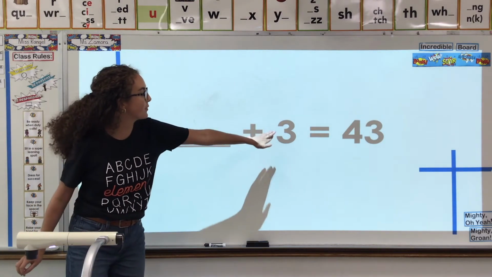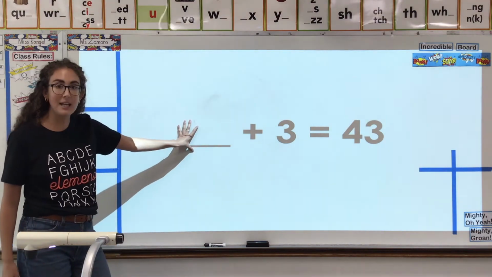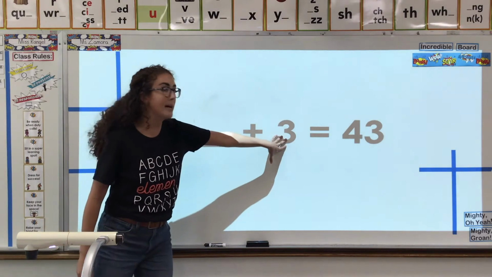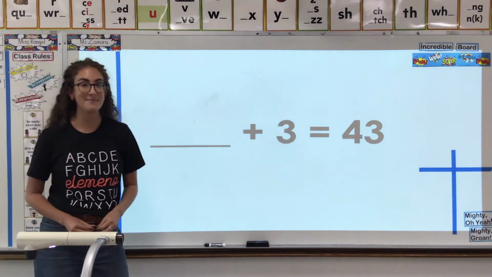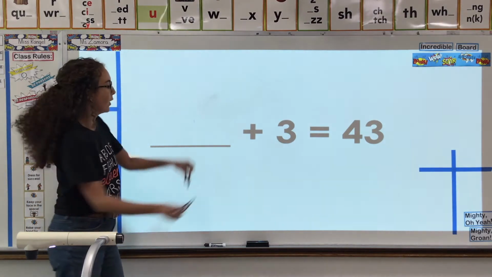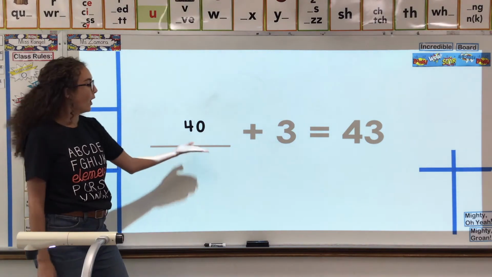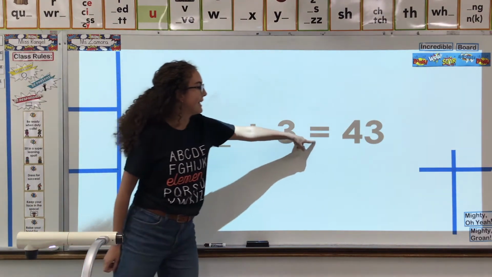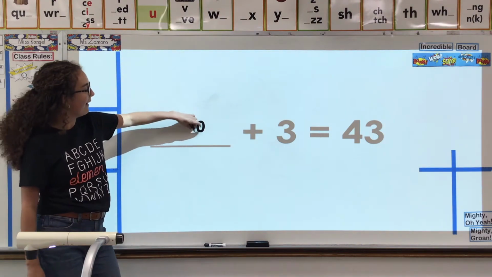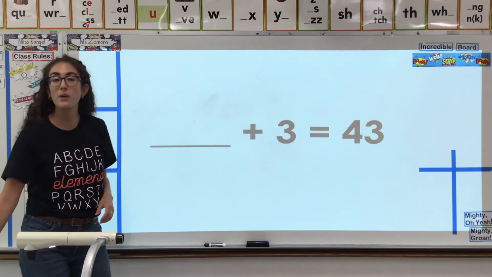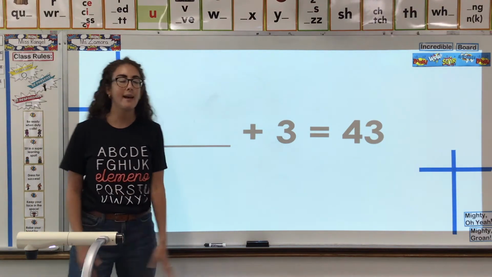Blank plus 3 equals 43. So what's missing in our sentence? We have our ones. What do we need? We need our tens. We need our 4 tens. We were missing the 40. 40 plus 3 equals 43. Woo! Awesome job! So we were using our Say 10 way knowledge and our 10 plus facts to help us